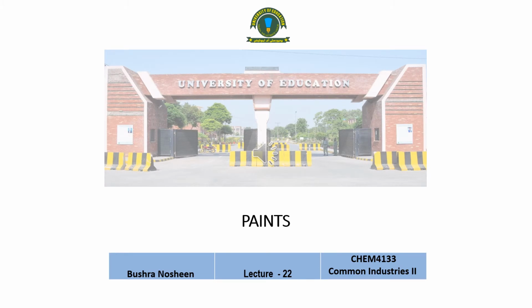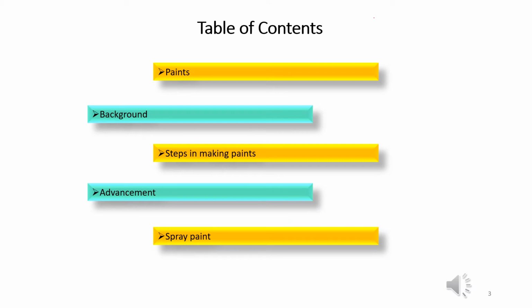Common indices to lecture number 22 is paints. Table of contents. The table of contents of this lecture are paints, background, steps in making paints,